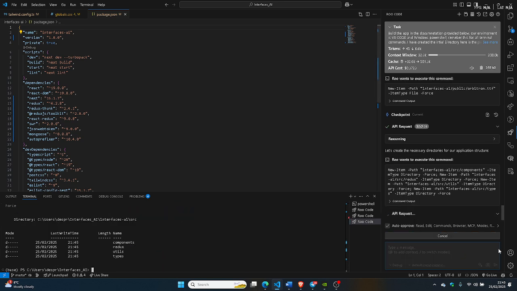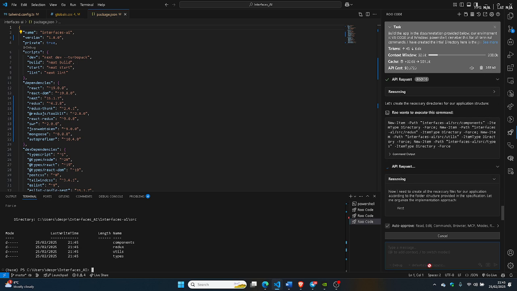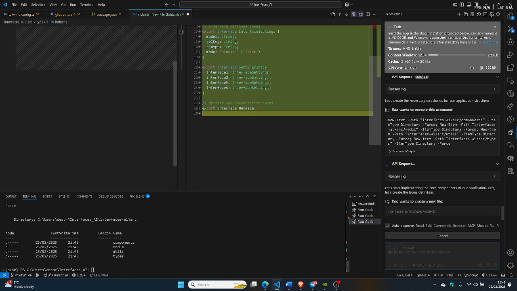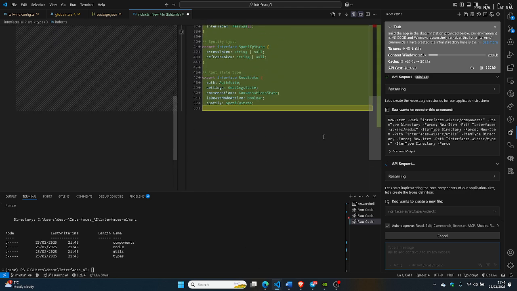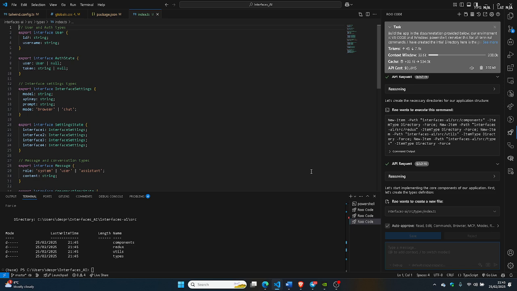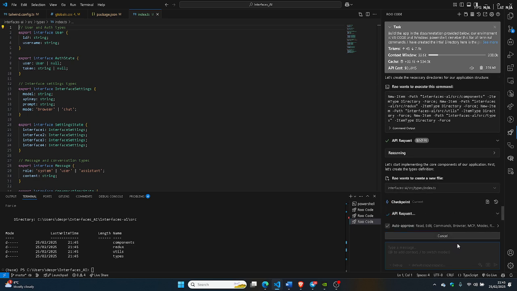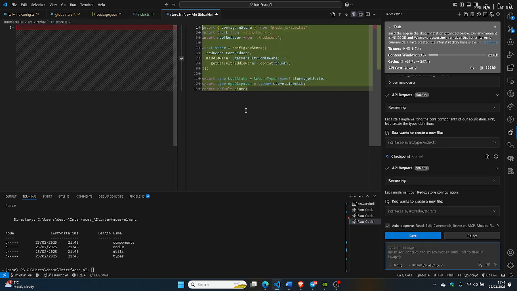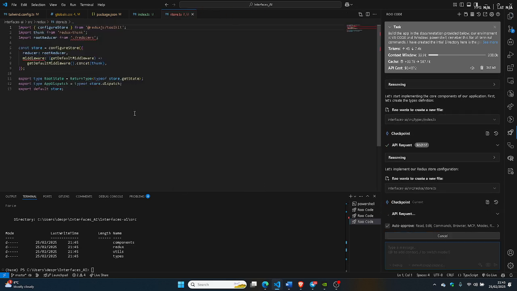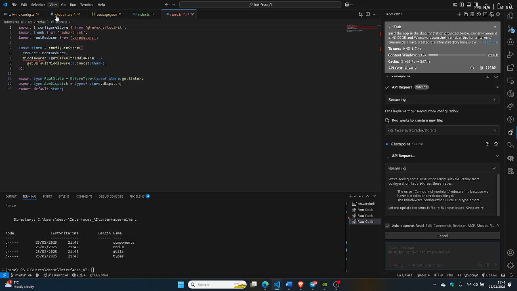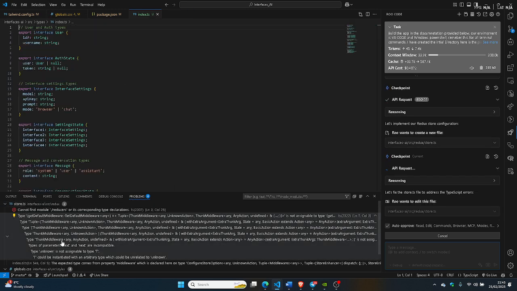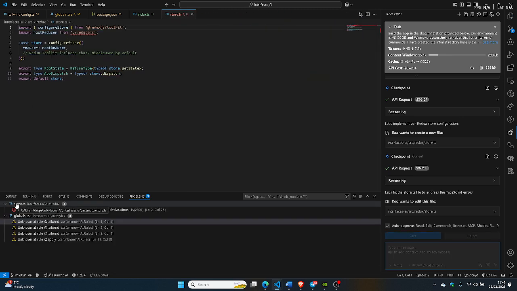So it's fully functional. It does have vision as well, Claude 3.7, but we're not testing that in this video. So now it's creating interface settings there. I noticed it's got the index. It's been solving some problems as it goes. I noticed